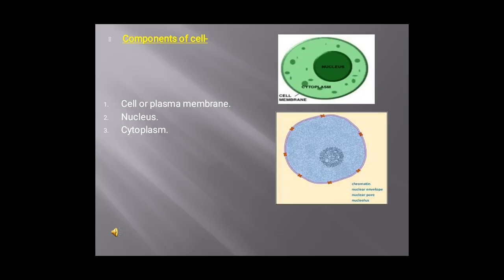And what is diffusion? It is the spontaneous movement of a substance from a high concentration region to a low concentration region. Oxygen and carbon dioxide can move across the cell membrane. Second is osmosis. The movement of water molecules through the plasma membrane is called osmosis. Osmosis is also called diffusion of solvents.